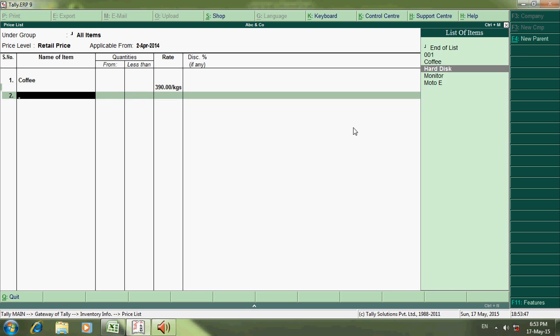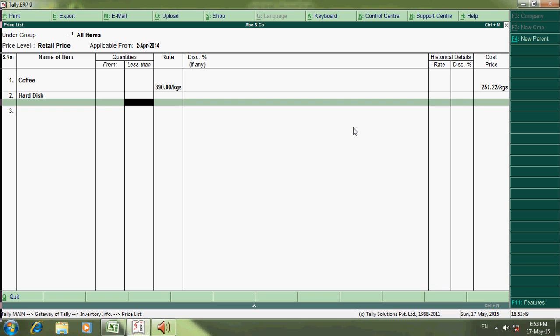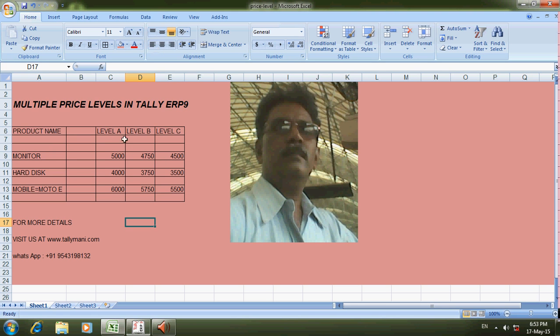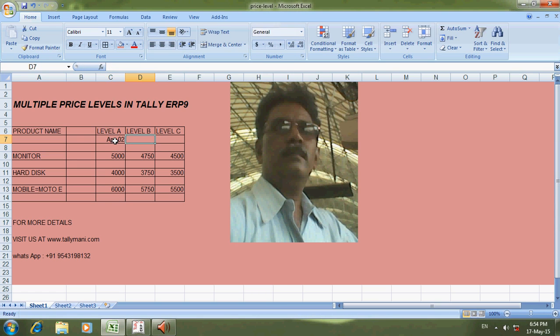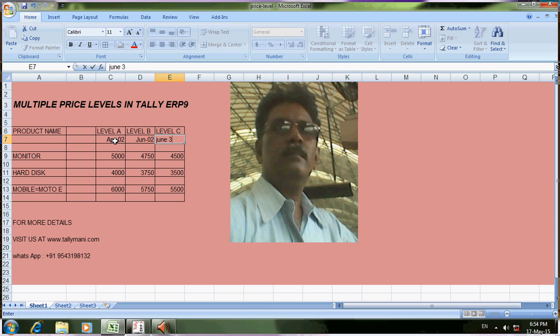Now we are going to select here hard disk. From April 2, this is April 2. This is June 2, and this is June 3. So as on April 2, the price list we are going to fix here.